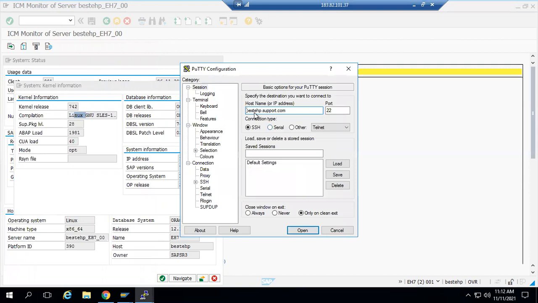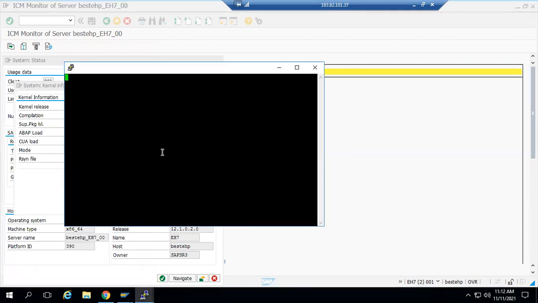Open PuTTY, log into your server, and switch to sidadm.